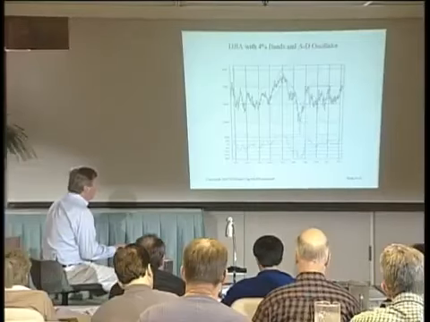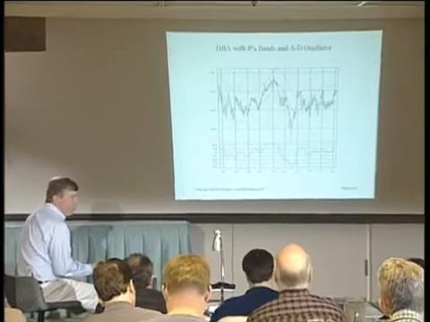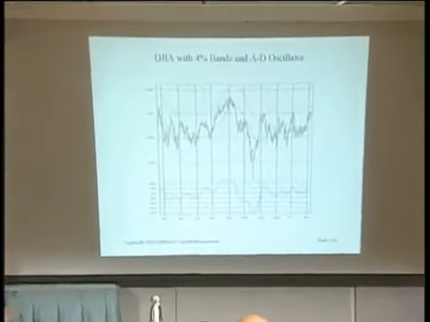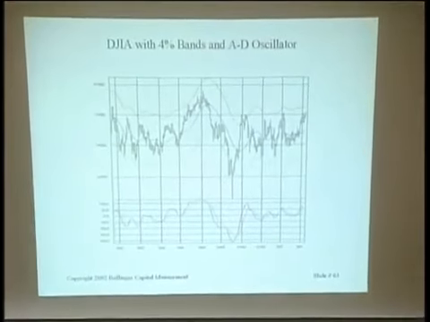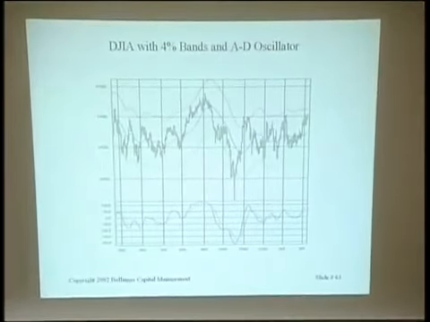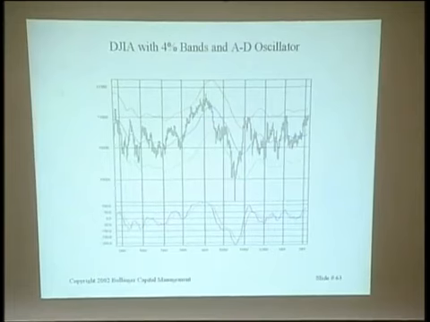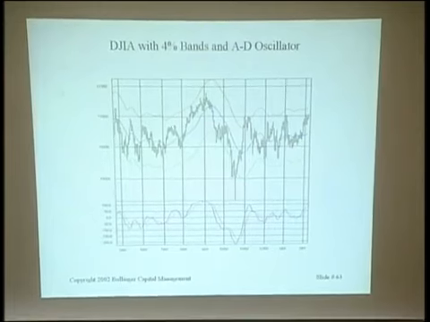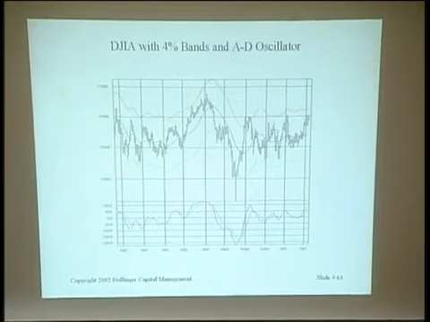You took a 21-day moving average, created 4% bands above it and below it. And then you took an AD oscillator, an oscillator made from advances minus declines. If you tag the lower band and the oscillator were positive, you got to buy. So it's comparing price action within bands to advance-decline information. It was a very popular timing system at the time. As you can see from this clip, it doesn't work very well these days.